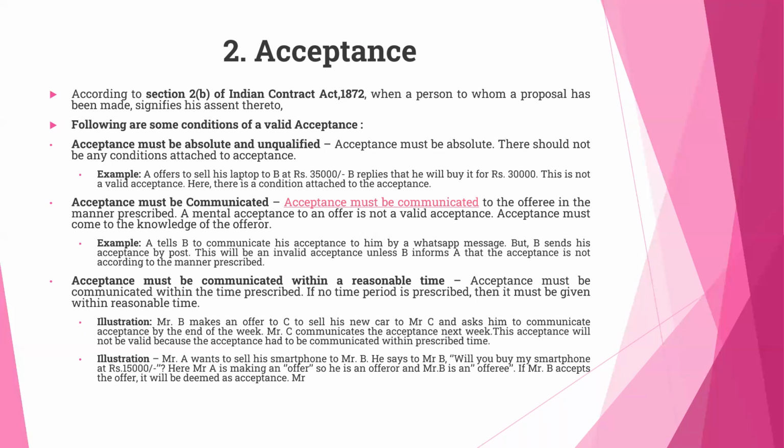Then the second condition is acceptance must be communicated. The acceptance must be communicated to the offerer. A mental acceptance to an offer is not a valid acceptance. Acceptance must come to the knowledge of the offerer. For example, A tells B to communicate his acceptance to him by a WhatsApp message, but B sent his acceptance by post. This will be an invalid acceptance unless B informs A that the acceptance is not according to the